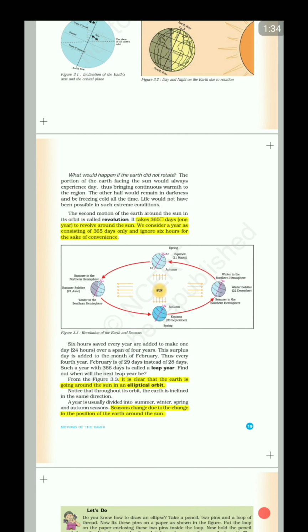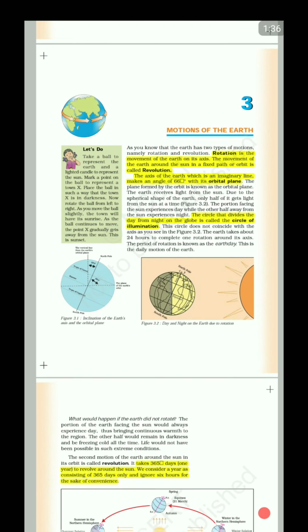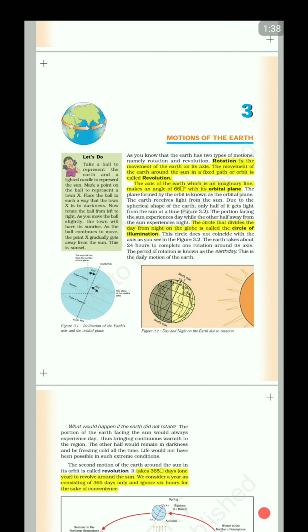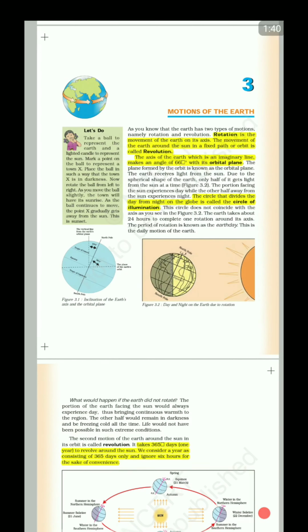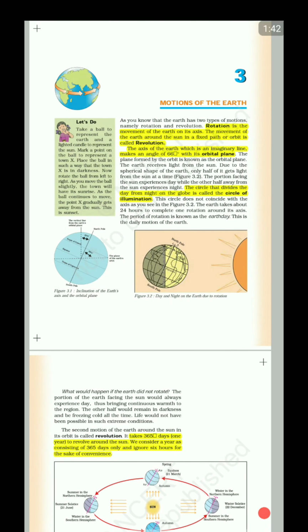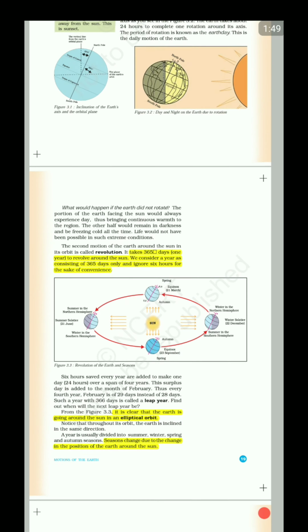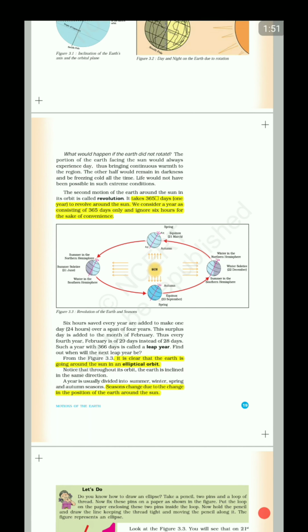Now let's see what are the new things which were new probably for you, and it was definitely new for me. The first thing which was new for me, which I learned from this chapter, was the leap year. The formation of leap year, I came to know that the Earth